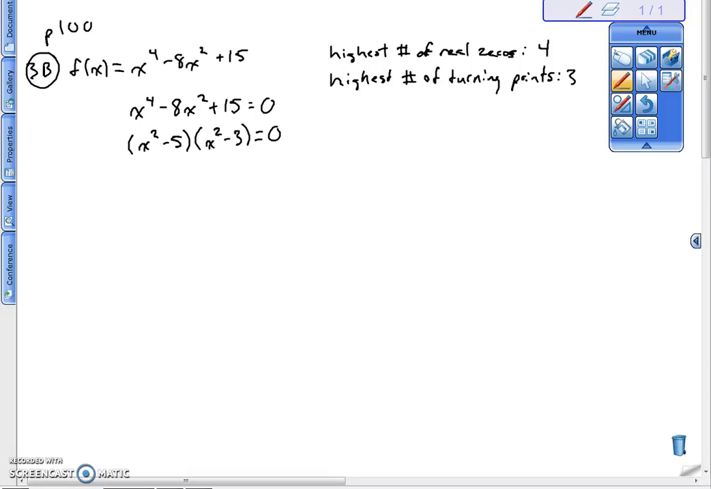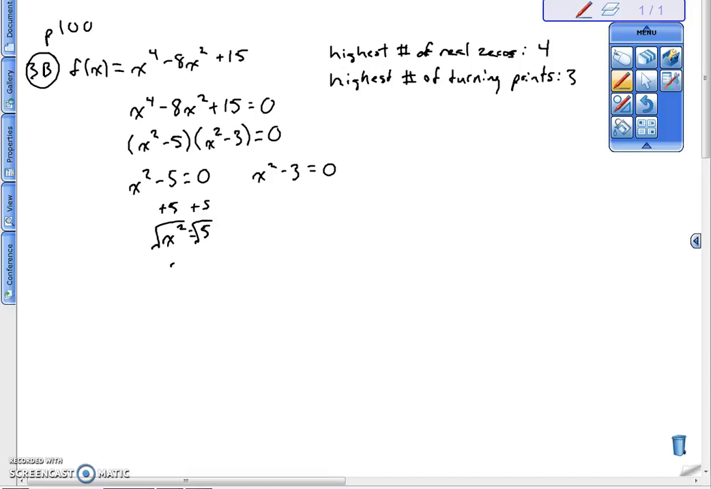And then from here, it's just kind of like when we were doing quadratics. We know that we can set up these two equations as well. If this whole thing's going to equal 0, then one of these two has to equal 0, right? So either of these things has to be the case. And then for each of these, if we continue to solve,